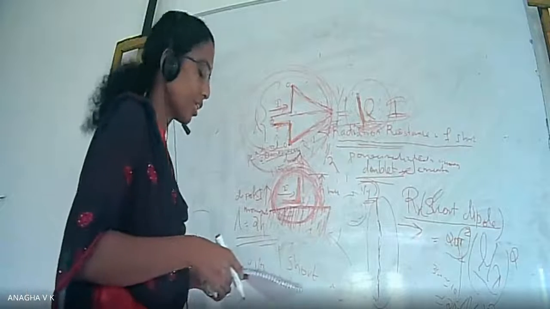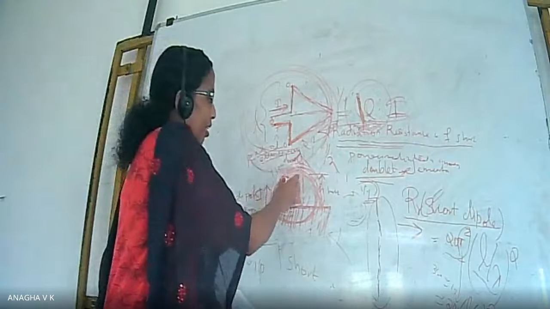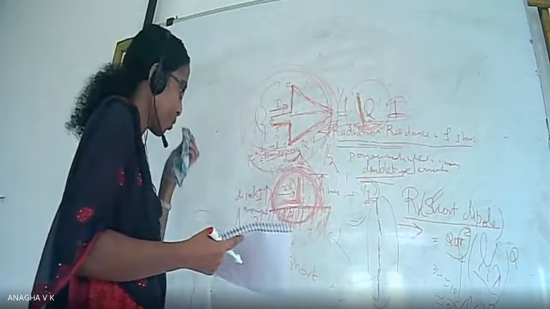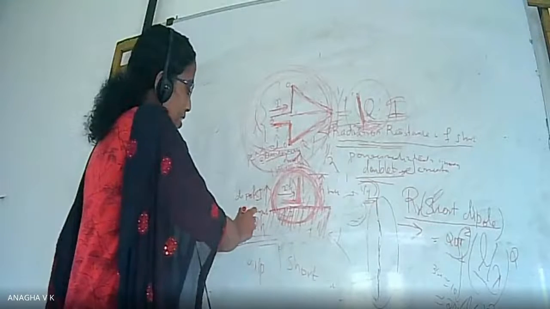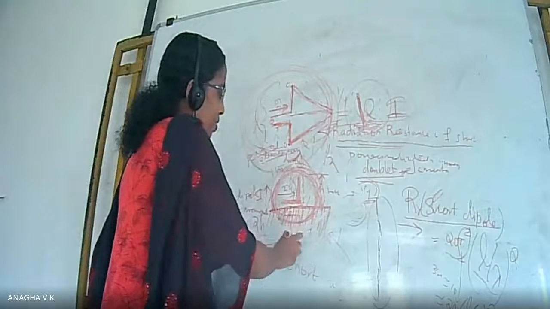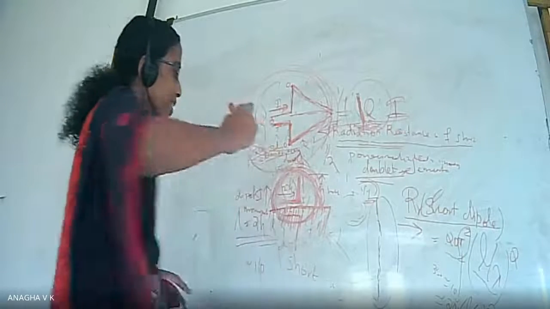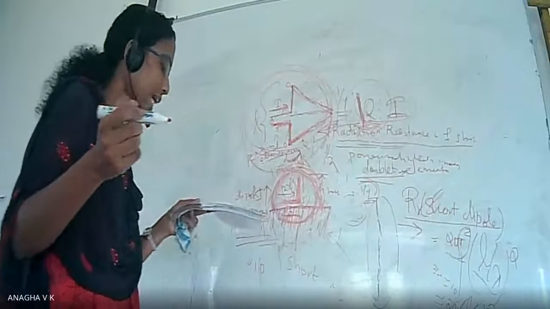What will be the equation of radiation resistance of monopole? What is the height of the monopole? H. I told you the height of the monopole is H and the length is 2H of the dipole. The dipole was two poles, so the total length was L. So L is equal to twice the length of the monopole, or 2H.